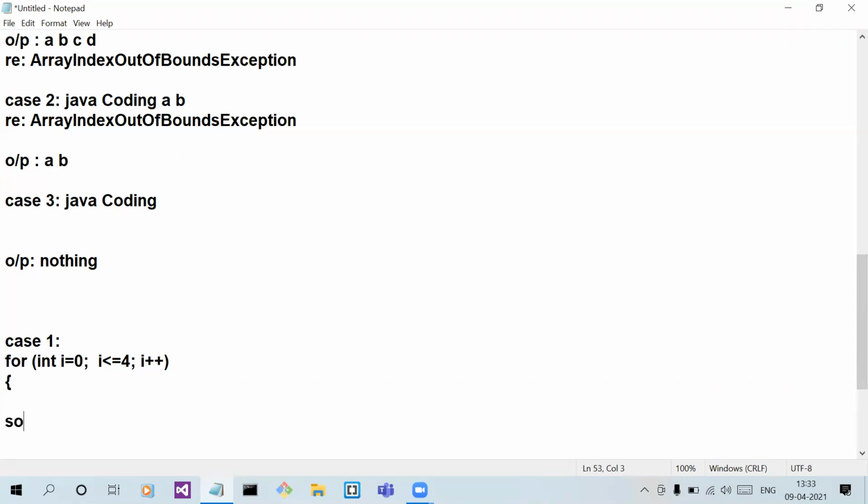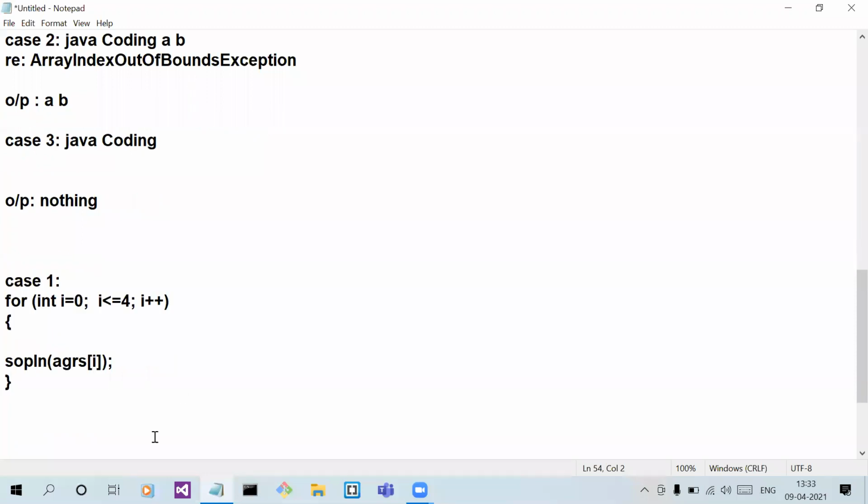Inside this System.out.println, we are printing args[i]. Now, what will happen?